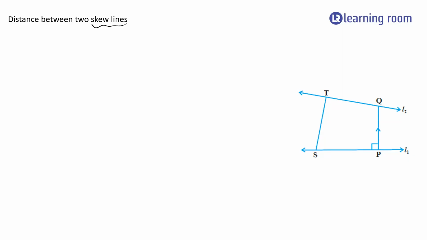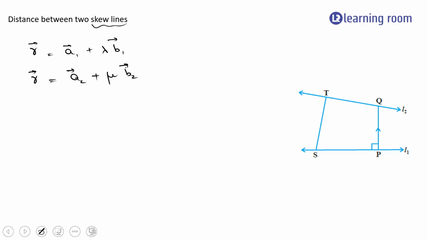Let's say the first skew line is R1 vector equals A1 vector plus lambda times B1 vector, and the second is R vector equals A2 vector plus mu times B2 vector. Suppose I have lines given in this way, where A1 is a point on the first line, A2 is a point on the second line, and B1 and B2 are the vectors to which lines 1 and 2 are parallel. Then the distance between the lines